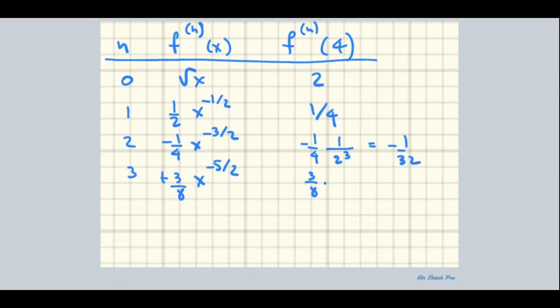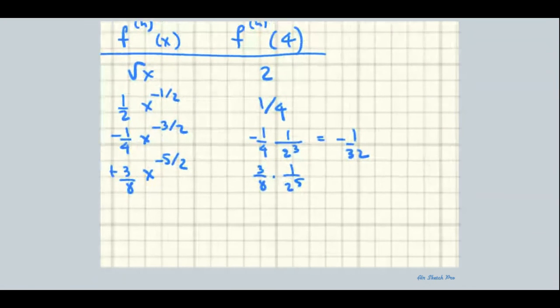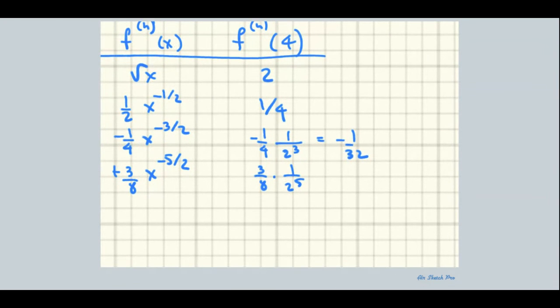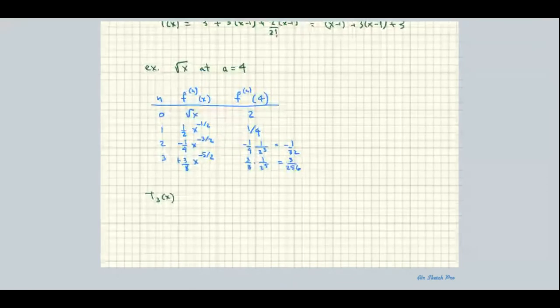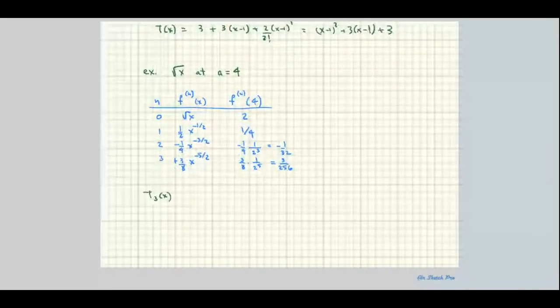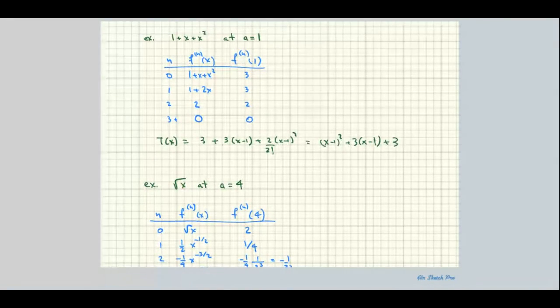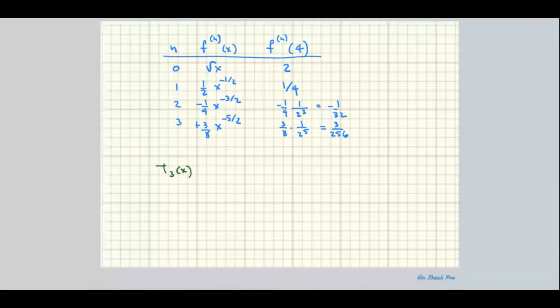And then we get what? 3/8 times 1 over 2 to the 5th, yeah? So that's 32 times 8, 256. 3 over 256. Okay, so here we go. My Taylor series on this, or at least the third partial anyway, and that's what I should have written over here. But I didn't worry about the other one because that was everything. The third partial is going to be 2